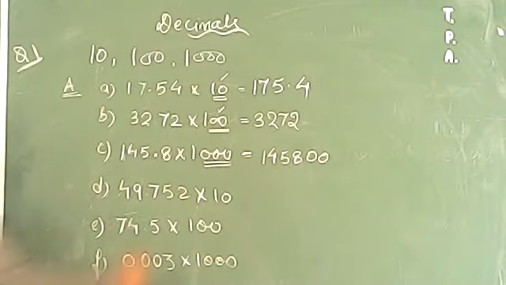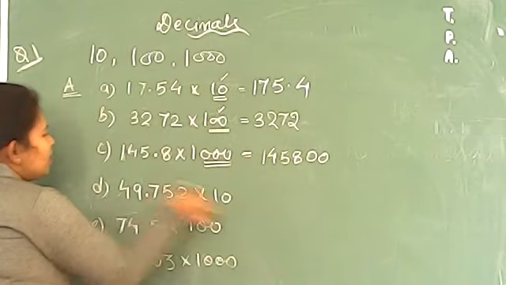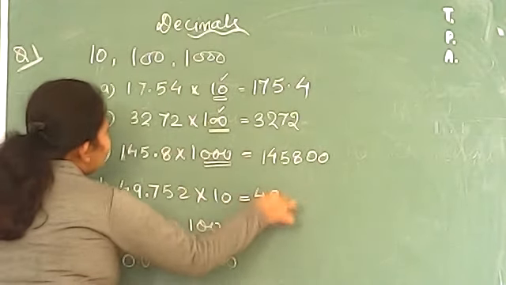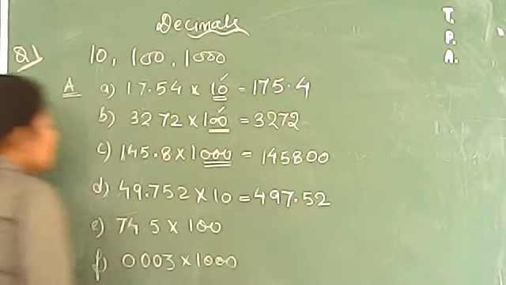Now move on to this one. We have 1 0 only. So we will be shifting it to the right hand side. So your answer would go as 497.52. Question number E,